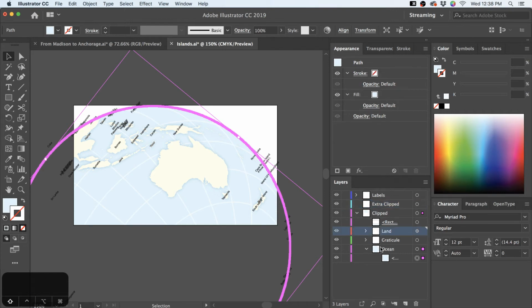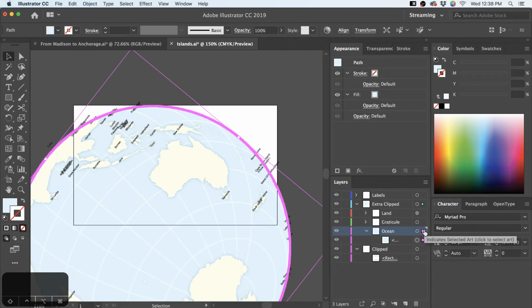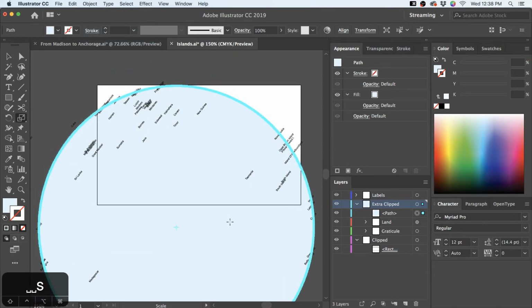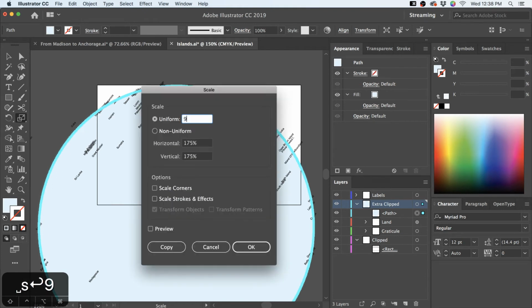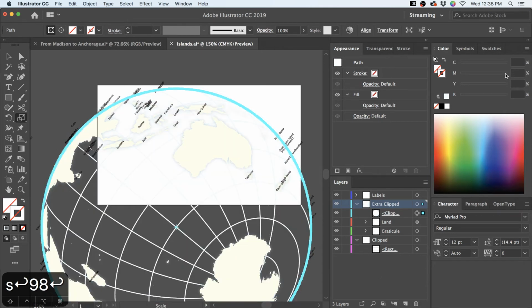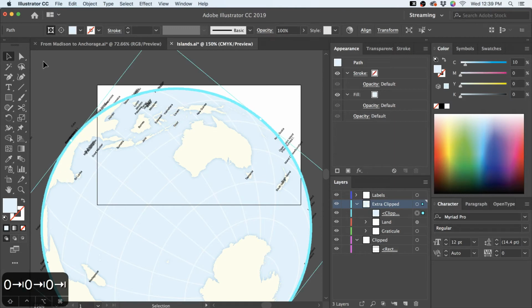So I'm going to dump all this stuff here in first, this extra clipped layer. And I'm going to say, okay, take this thing back out. And we're going to turn it into a clipping mask, but first we're just going to shrink it. It's a circle, so let's just do 98%. So we're just going to cut inward a little bit. And now turn that into a clipping mask and make it 10%. Yeah. So there we go.